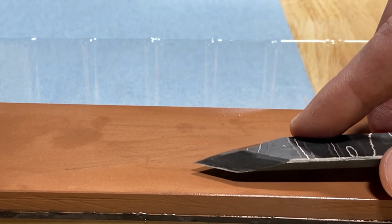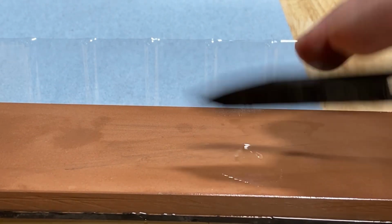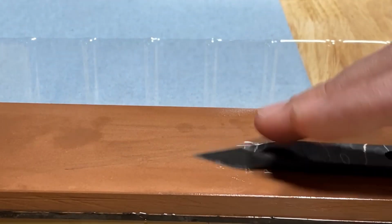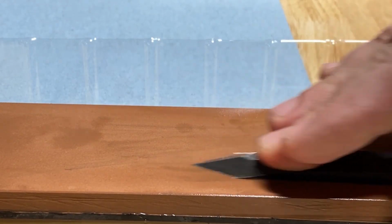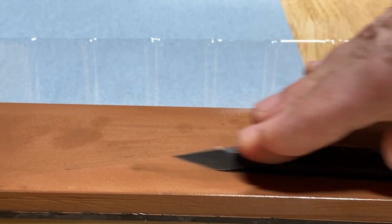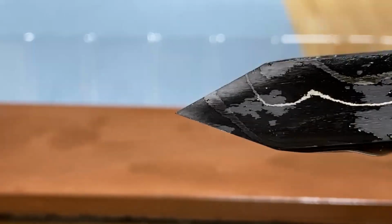So to get rid of that burr, what we're going to do is very lightly place the back of the blade flat here on the stone and just run it back and forth just a little bit. And what you'll notice is some of the etching is now starting to come off here. And that's okay. If you want to keep the etching on, then another option is we'll use the paper towel